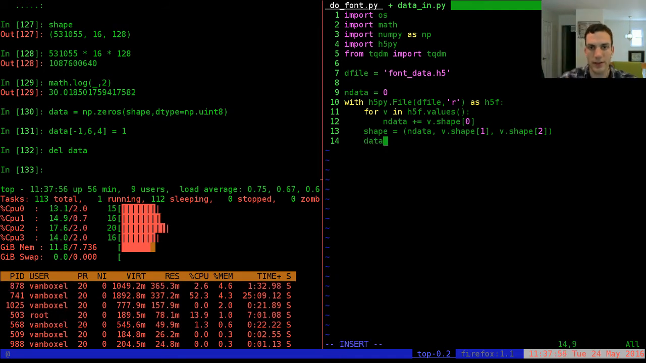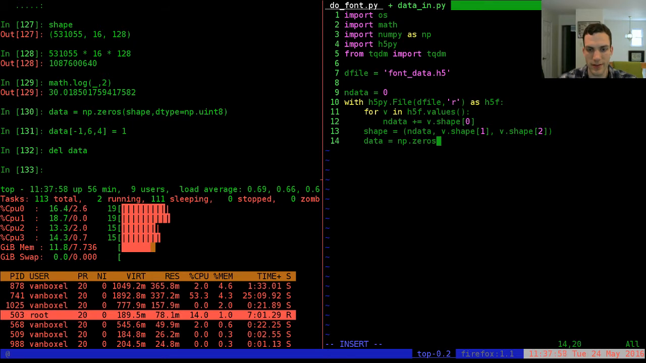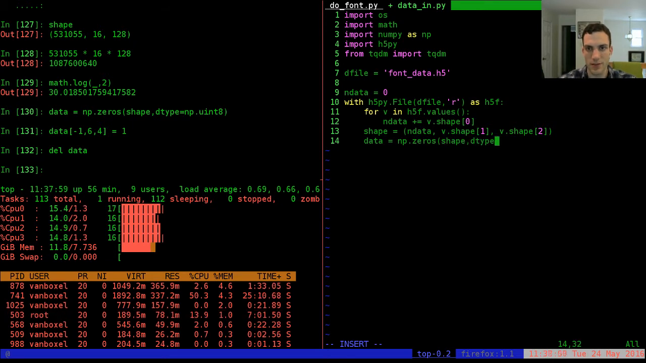Okay, data equals numpy.zeros, shape, dtype equals numpy.uint8. There we go. Okay. Now we've got our data array. I want to, for k, b in